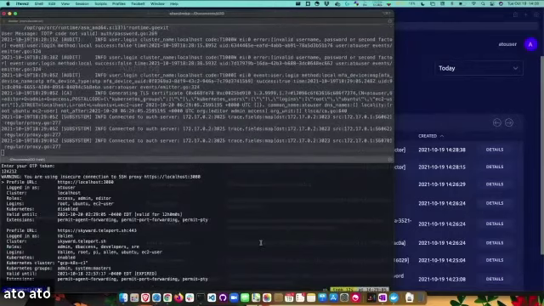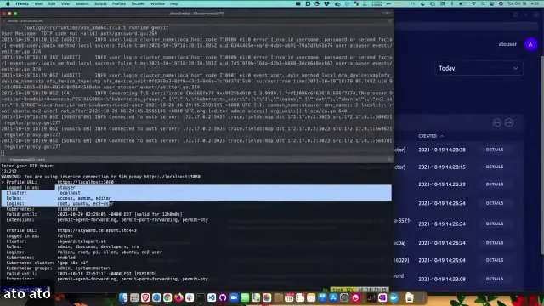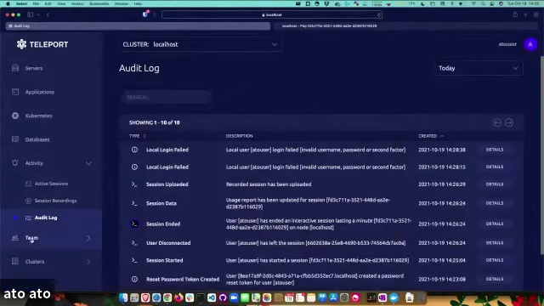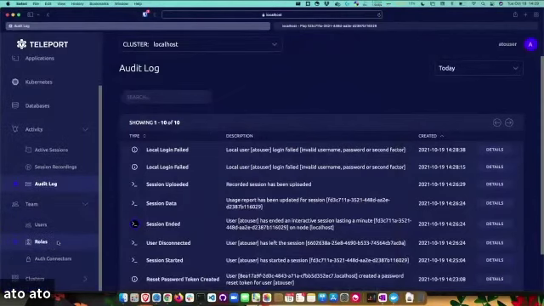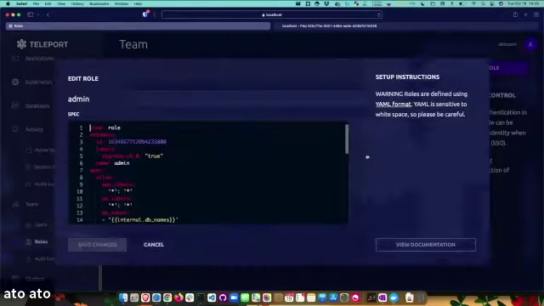There we go. So now I'm authenticated in, and we can see I'm logged in as ATO localhost, what access, what roles I have on that. And when I talked earlier about roles, what users can and cannot do, it's all based here within the Teleport roles. So when you download the open source Teleport and you fire it up, it's going to have these 4 basic roles that are out there that you can then modify and leverage.